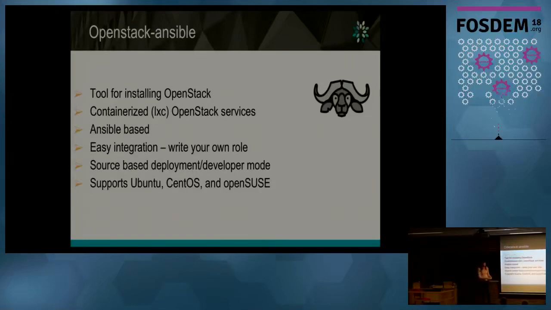Okay, next step is OpenStack Ansible. It is a tooling for installing OpenStack. Basically, there are several toolings like TripleO, but we chose this one because it's easy to customize. It's based on Ansible as well, and it's very, very flexible. You can choose the way you want to deploy OpenStack there. You can use it in containers using LXC, or you can deploy directly on bare metal. It is very, very easy to integrate and very flexible.